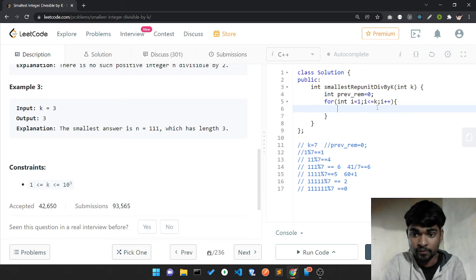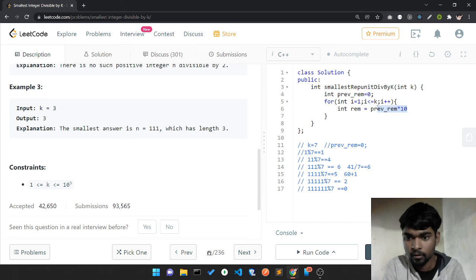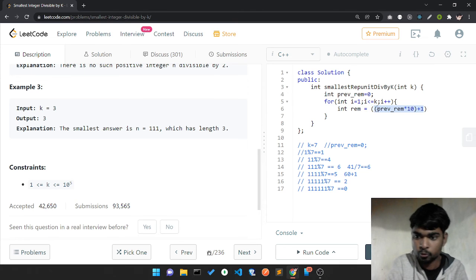This prev rem, so int remainder actually stores prev rem into 10, previous remainder plus 1, and it's going to store the modulo of k.